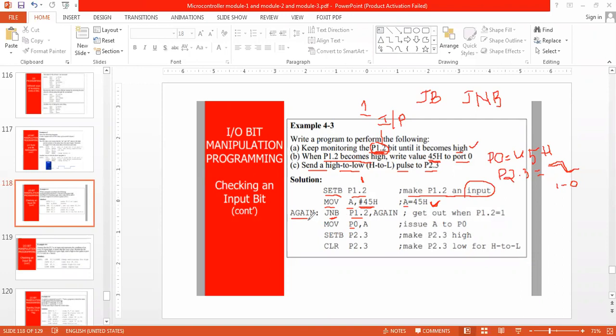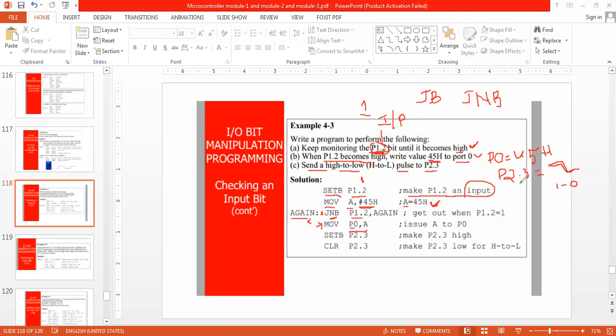No. This instruction will be executed. Move P0 comma A. Now P0 has got 45h because P1.2 is high.